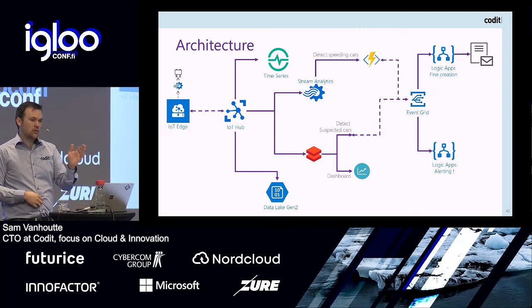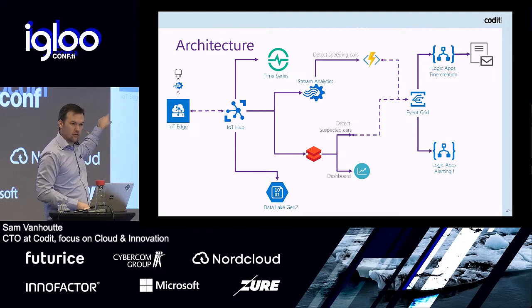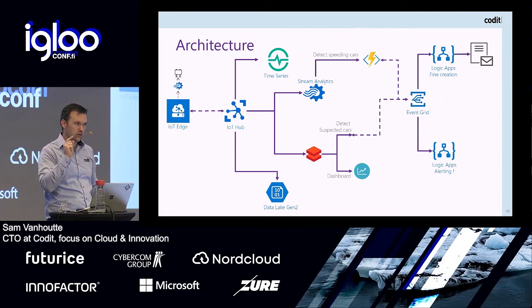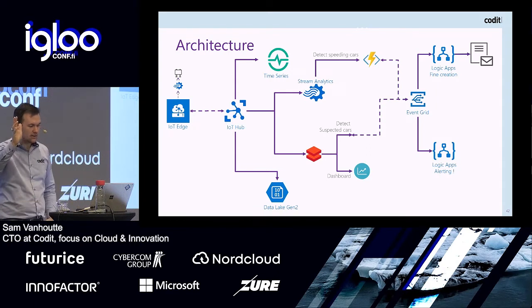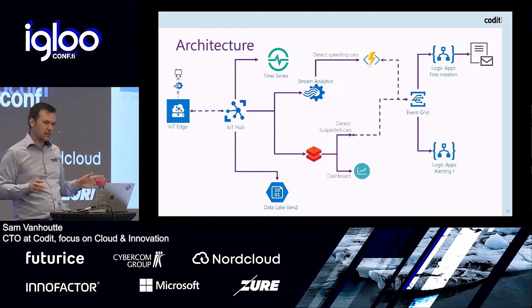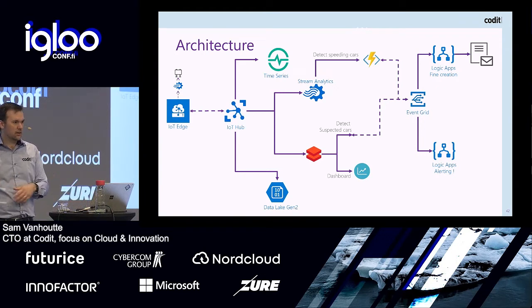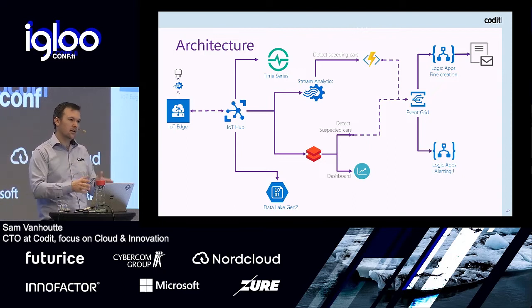To do that, I'm using Event Grid at the receiving side. So on the left side, I use IoT Hub, which is backed by an Event Hub, if you want, on the messaging scenarios. But on the right side, I just want to throw events from my data structure. So I detect these things, I throw an event, I emit it, and from the data pipeline, I don't want to know, I don't want to care what happens with the event. I just publish it. I don't want to know if they will automatically send a fine or they automatically publish it on a dashboard, whatever. This is a perfect isolation I want to have, and that's the loose coupling.